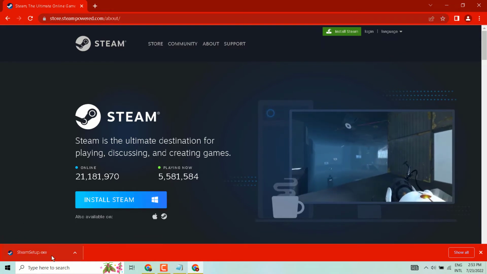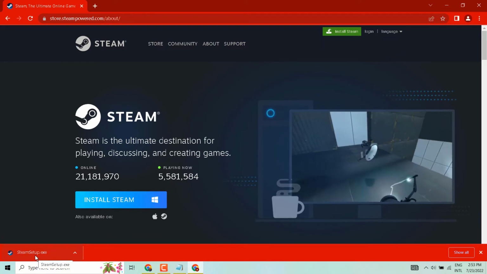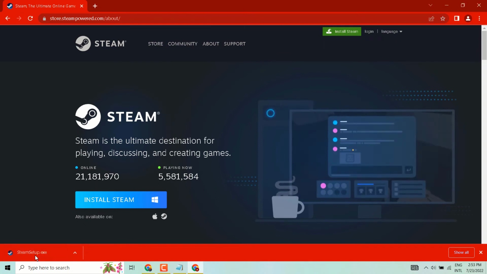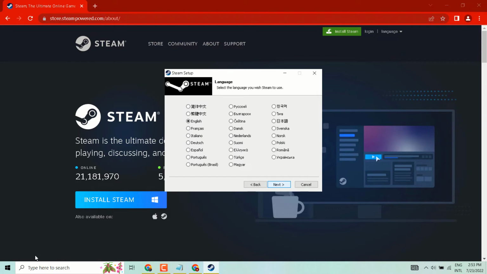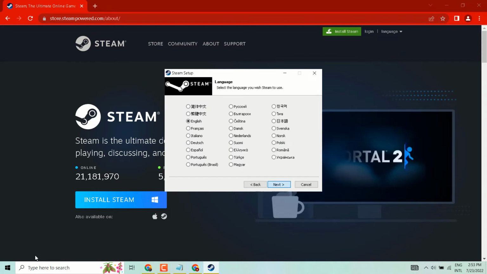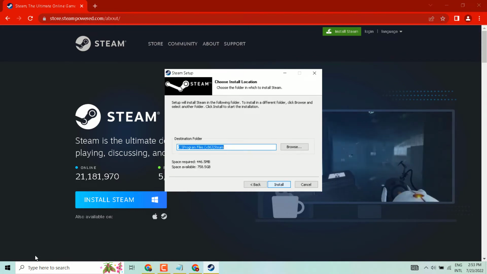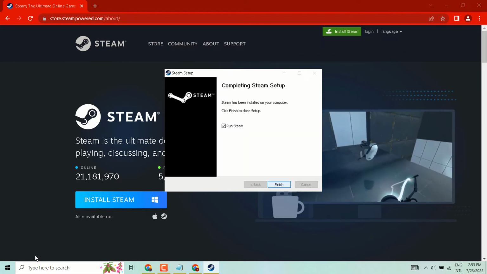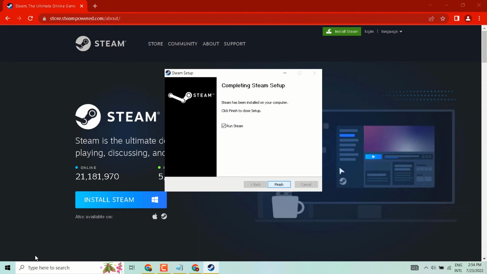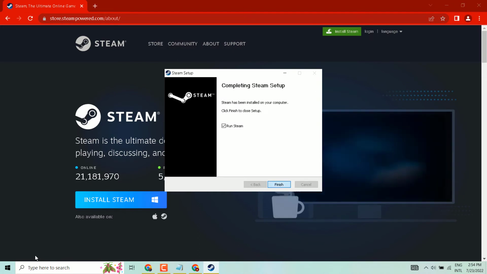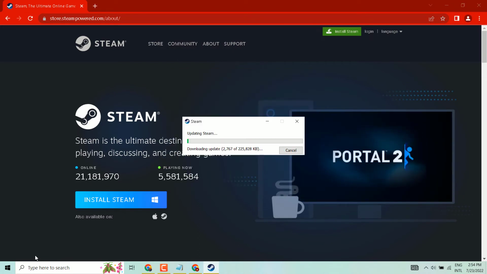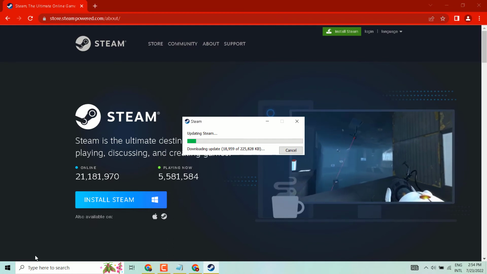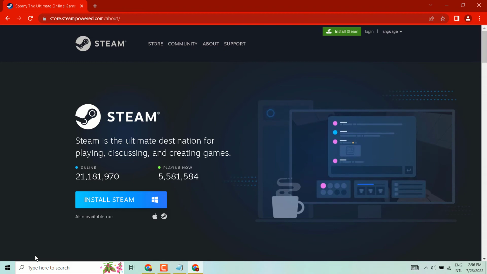Once the downloading is finished, double click on this setup file, then click on Next. Select your language and Next, then Install. Once this is complete, click on Finish. Now once the installation process is complete,